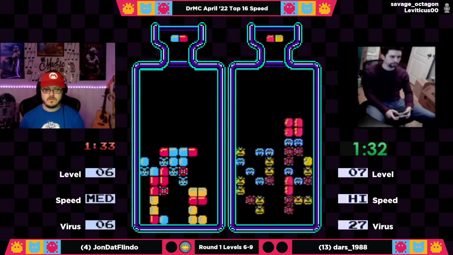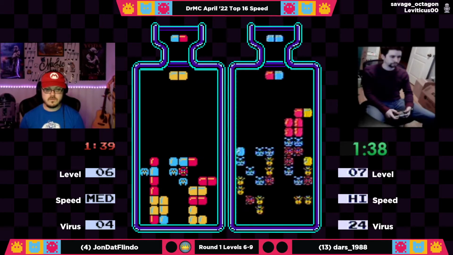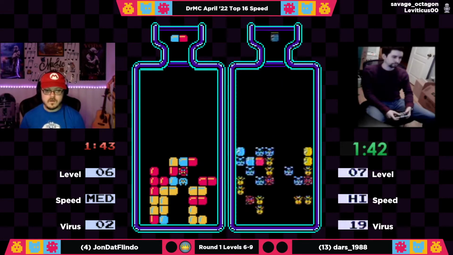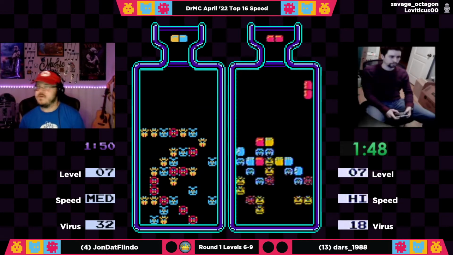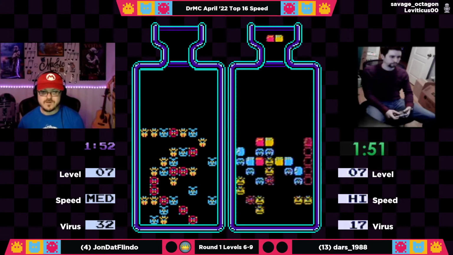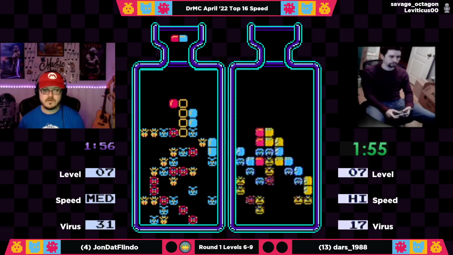And speaking of horizontal blues, I think Dars is going for a very similar move here. He's got two possibilities for that right now. Oh, he gets this double blue, that's amazing for him. Oh, huge. I was about to say that that setup requires a double blue because there's no way he's gonna build a platform up that high, and he got it, and that's gonna put him even further